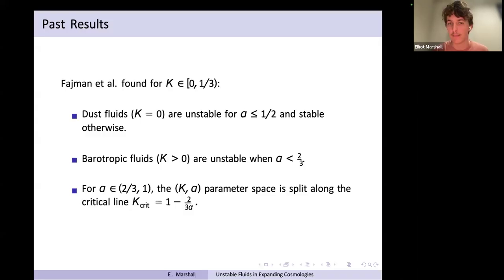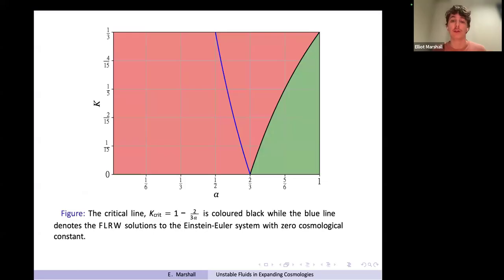So that's all quite a lot to take in, and it's not very clear what that means just reading text. So on the next slide, I've actually got an image of this behavior that Feynman and collaborators have established. So on the bottom of my plot, my x-axis, this is the expansion rate in that t to the 2a quantity, and on my y-axis, this is our sound speed parameter K. My red region is where shocks form from arbitrarily small perturbations, and my green region is where they can prove rigorous nonlinear stability results. So they get global existence in some sense. And the black line here is this bifurcation point that they found between these two different types of behaviors.